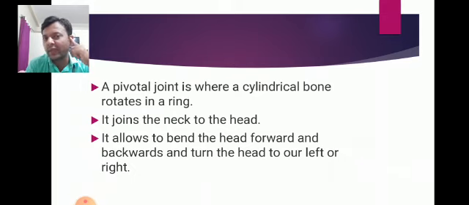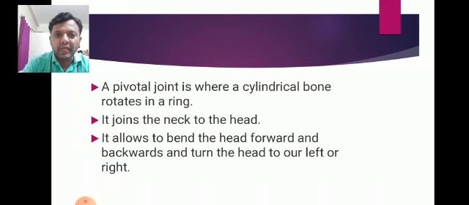Your neck and your head are joined with which kind of joint? Pivot joint. Now you can imagine, I can move my neck here. I can see left. Okay, see, I can see left. I can even see back. I can see this side. I can see back of the side. Means I am moving my joint. So which joint is in my neck? Obviously a pivot joint, and it moves in a ring-like structure, right? That's why we are very flexible with our neck and we can even look in all the directions.